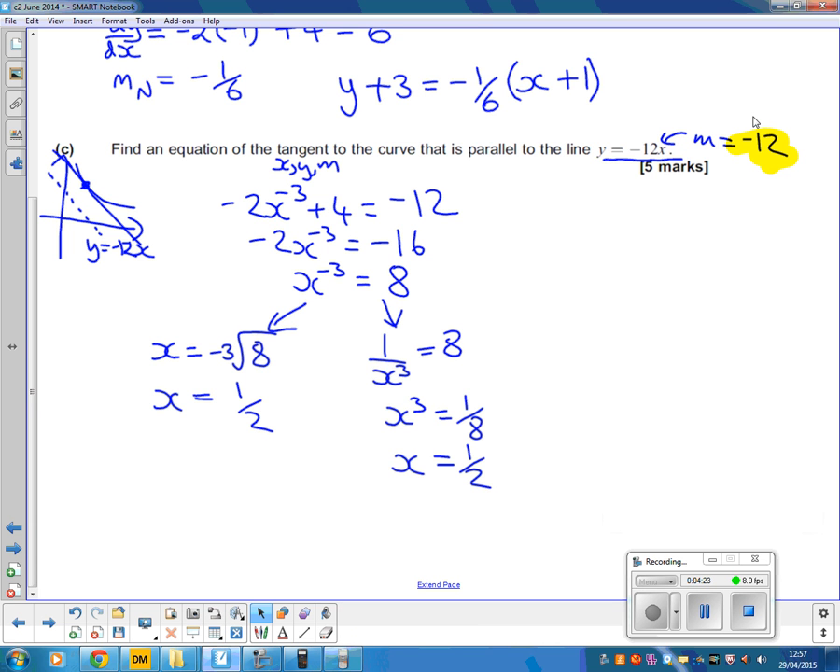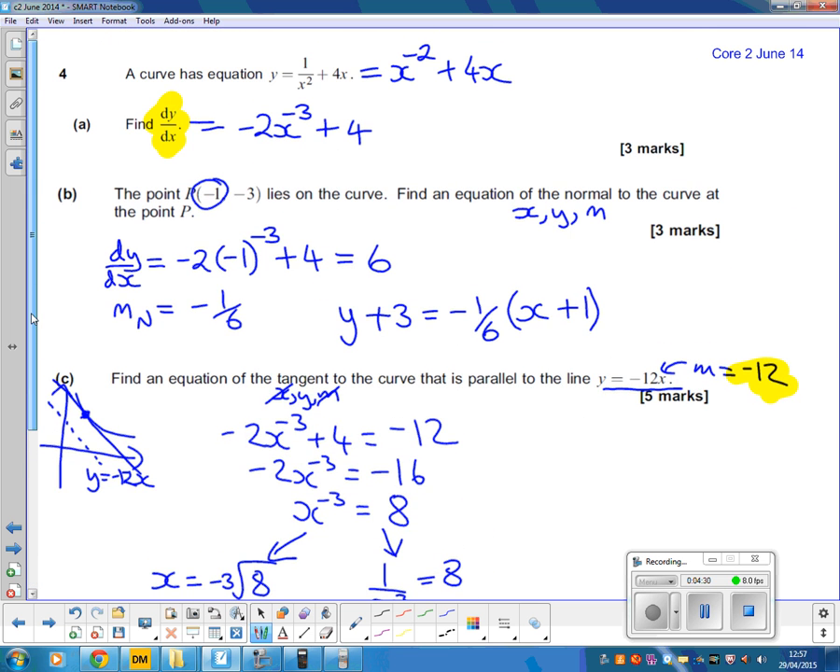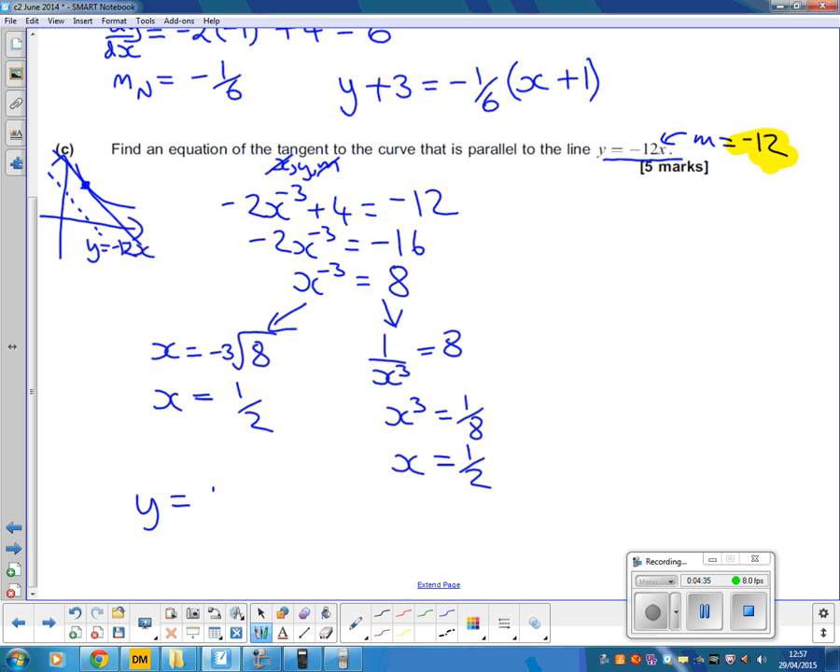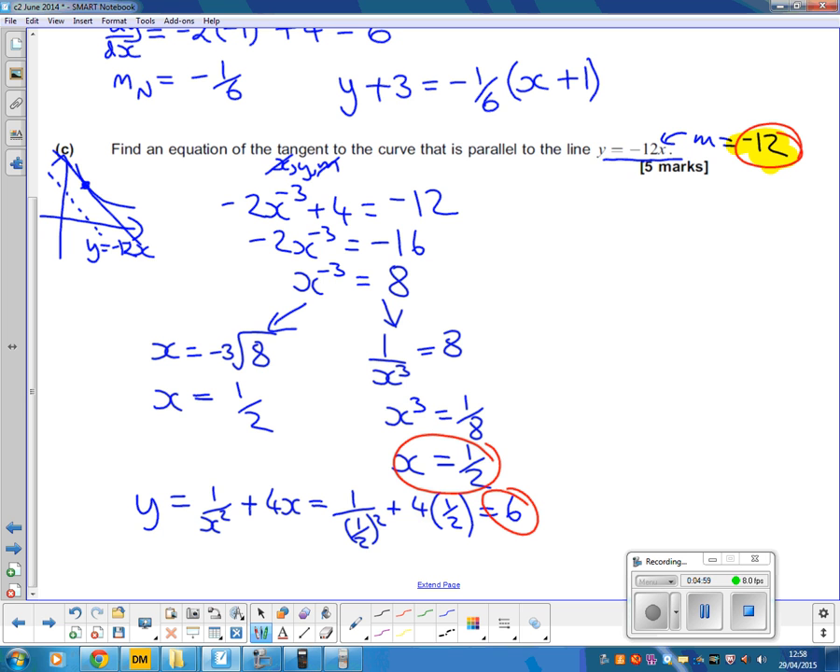So we've got our x coordinate, we've got our gradient. Now we need our y coordinate. Make sure we use the right equation. y was 1 over x squared plus 4x. So in this case, that's 1 over a half squared plus 4 times a half, which tells us y equals 6. And now we've got all the key bits of information we need in order to write the